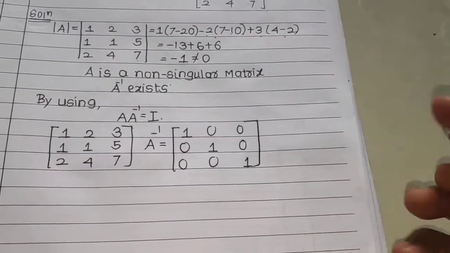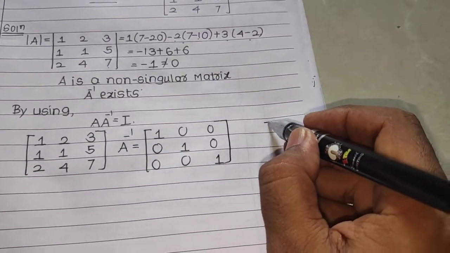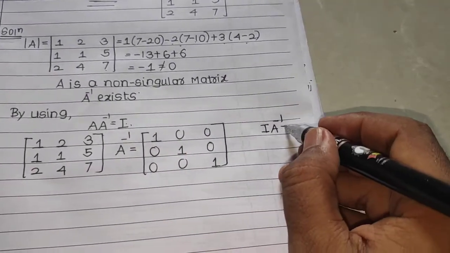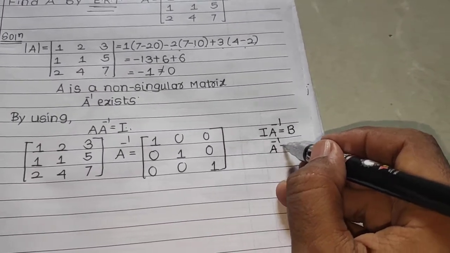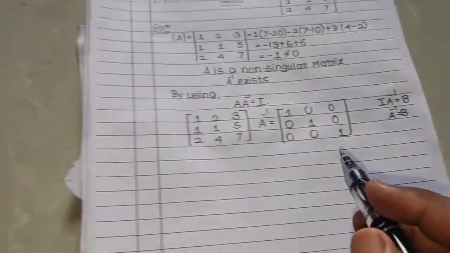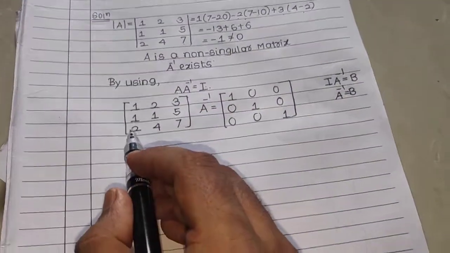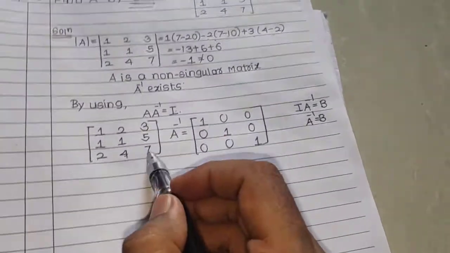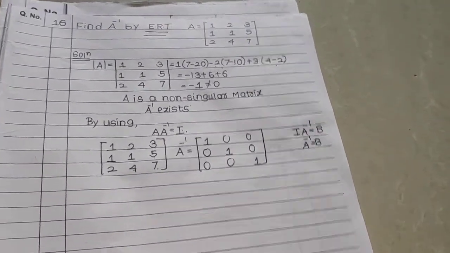Once again, there is no change in the operation. A into A inverse equal to I, so I'm going to convert this matrix A into identity matrix into A inverse, and this identity matrix I am going to turn to some new matrix B, and then A inverse is equal to B. Once again order will remain unchanged. With respect to 1, you have to bring the first column to 0, then the middle one, then these 2 zeros, then come to the bottom one and these 2 zeros. So anyways, instead of discussion, let's perform the steps itself.